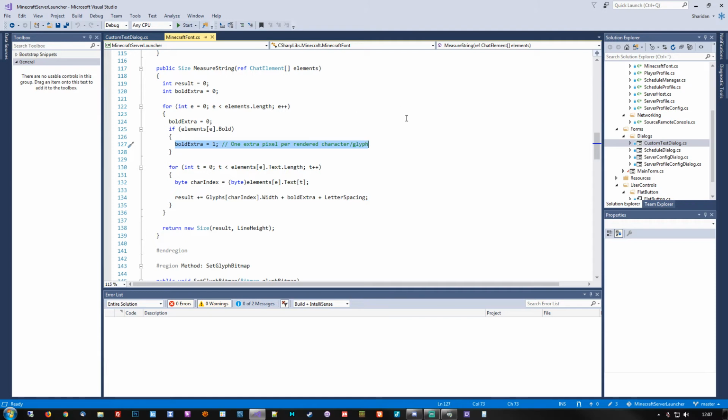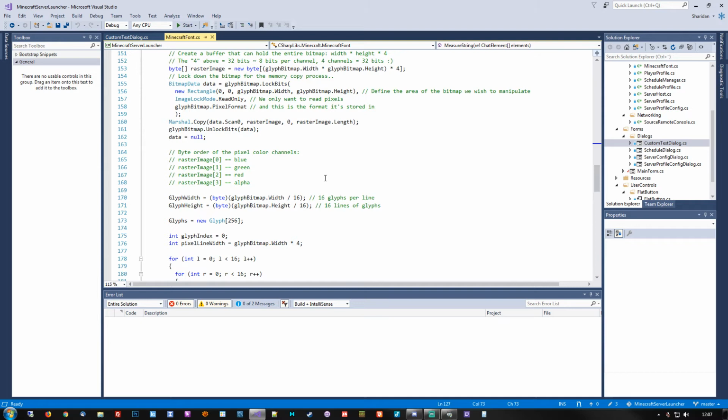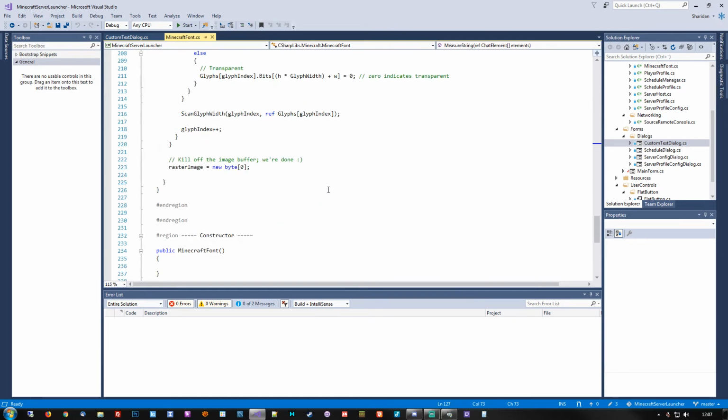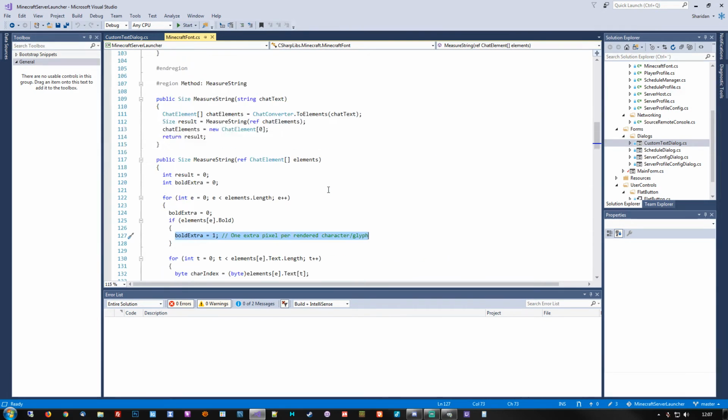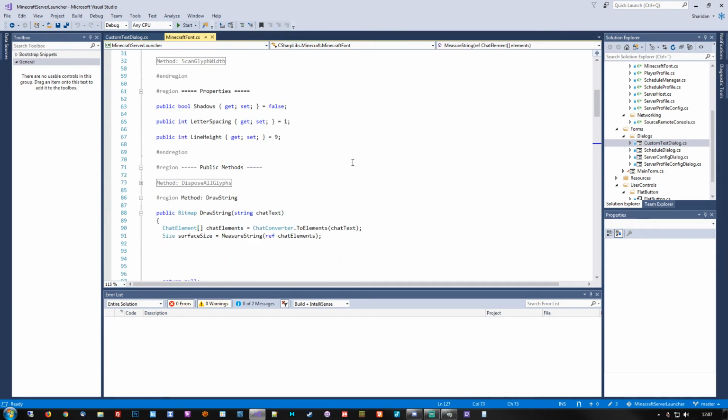But one thing that we at the moment don't have as part of this glyph rendering is the means to instruct the font object to basically double up on